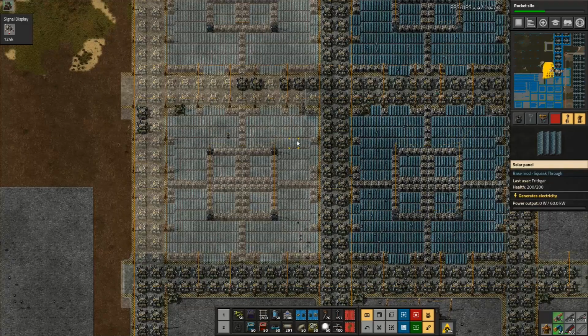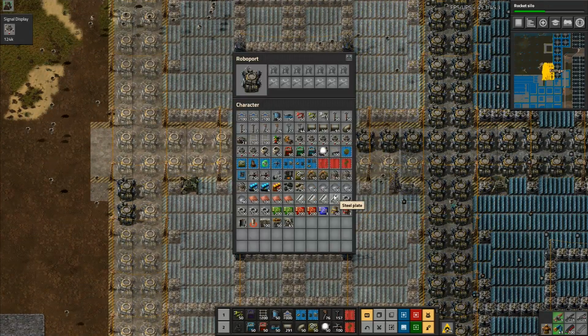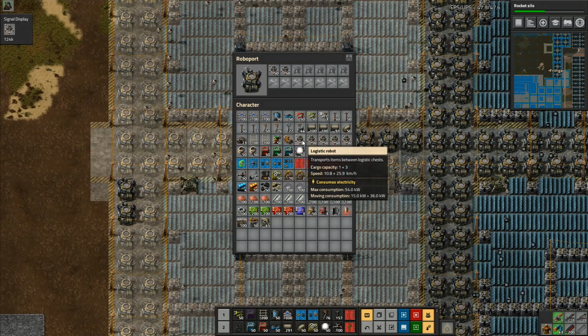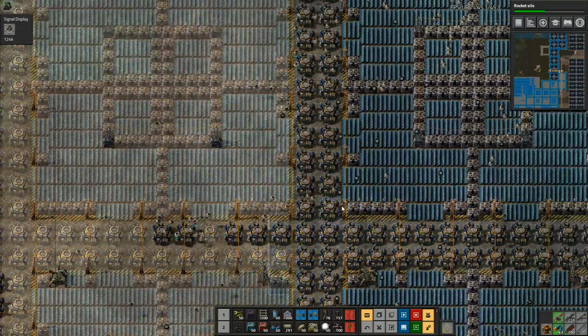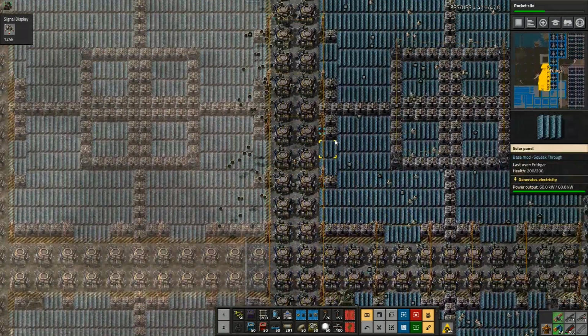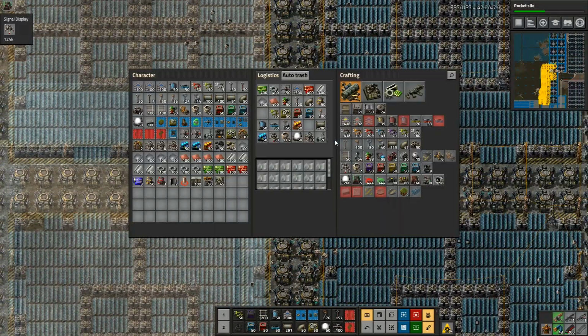I'm going to go off the map mode a second, and I'm going to go down to there, and I'm going to drop in all of those logistics robots, because I don't want them. They're no good to me. Then we're going to take a little jaunt on up here. Now, our first task is actually...